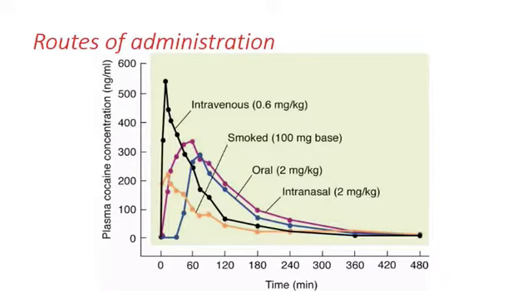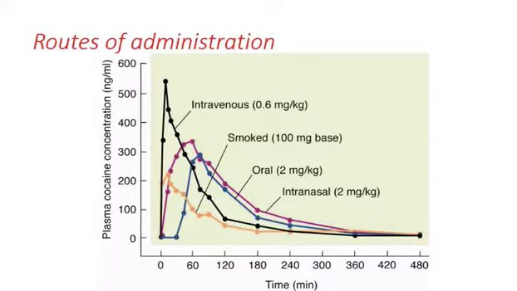And you can see with the intravenous administration of cocaine, the plasma concentration is really the most. And so it's a way of getting the highest plasma concentration. And we can see that it falls maybe a little bit more rapidly than intranasal or oral